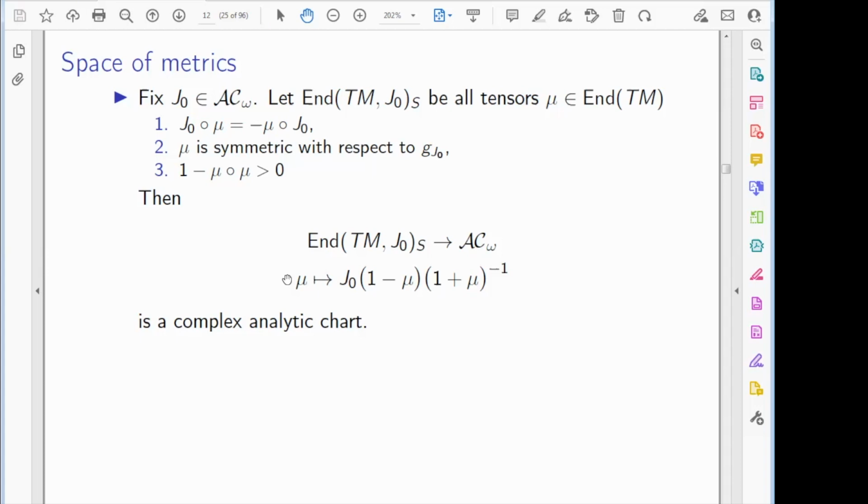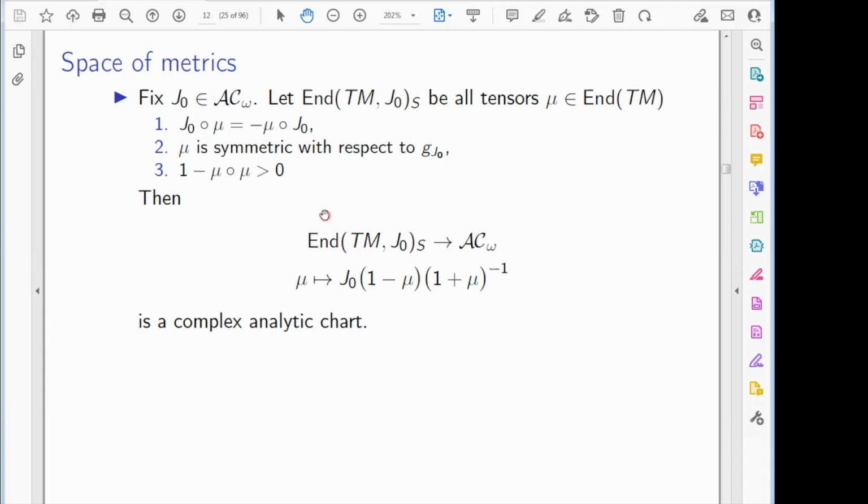So this gives a parametrization, and the reason I'm discussing this is that this is a Cayley transform related to this picture. So you can consider the subspace parametrization of almost complex structures. So here you're parametrizing it by these tensors,